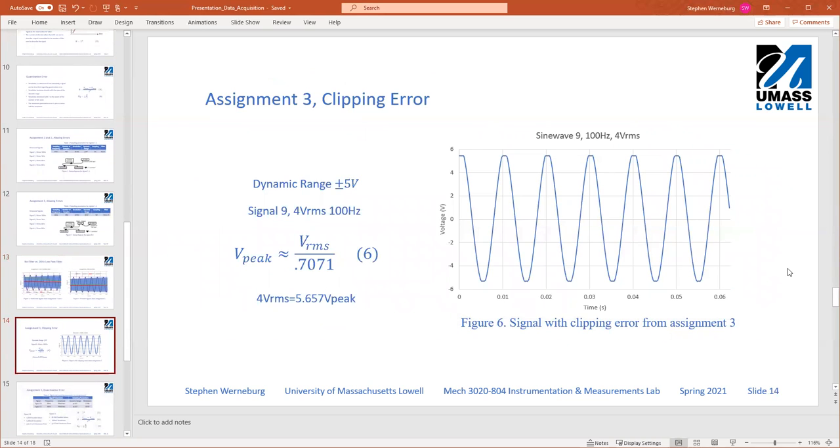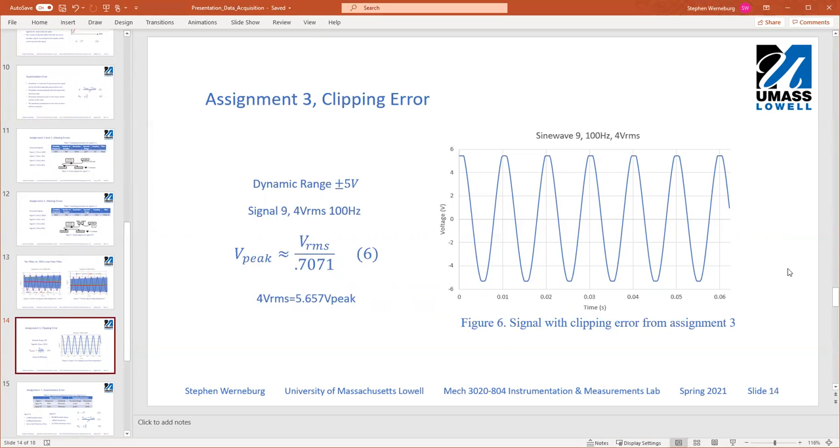In assignment 3, we studied clipping error, and we basically kept the sampling parameters the same as assignment 2. So the important sampling parameter to note here is that we had a dynamic range of 5 volts, and we are studying a 4-volt RMS signal. So using equation 6, we can determine that a 4-volt RMS signal would have a peak voltage of 5.657 volts, and that obviously exceeds the dynamic range of plus or minus 5 volts, which is why in figure 6, you can see that there is clipping error where the peaks on this sine wave appear to be flat,